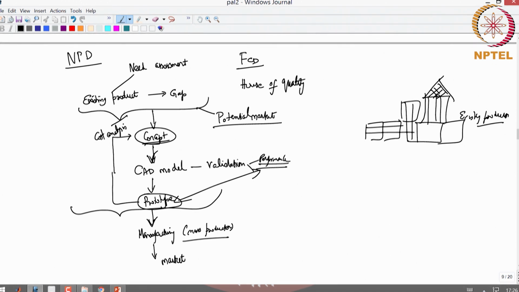Let's say it's not comprehensive, but this is a fairly good list of things that you can think of for product design, right? Now tell me where DFMA, at what level it comes. From the CAD model to the prototype. One thing. Even in this, we have not gone into the details. Usually, this part is also divided into concept design. Then you go into detailed design. Then only you go into experiments.